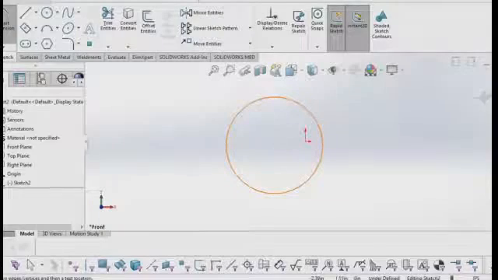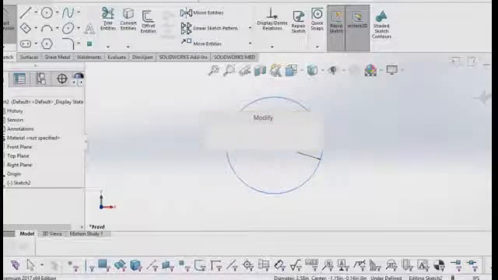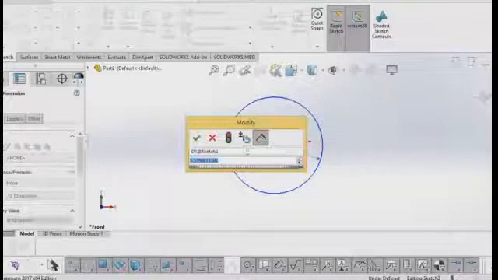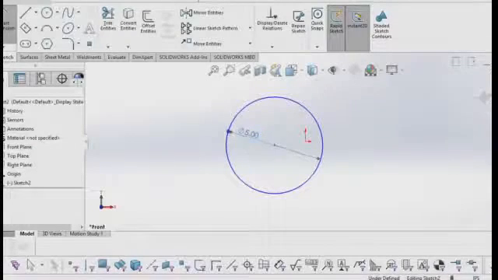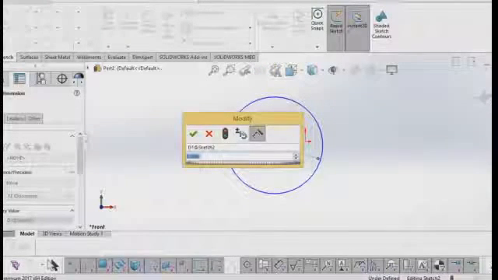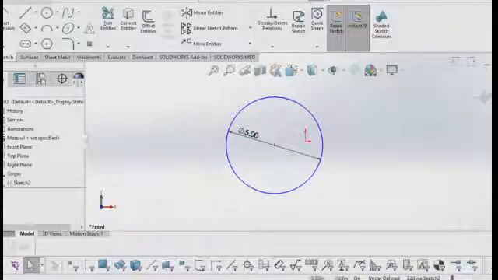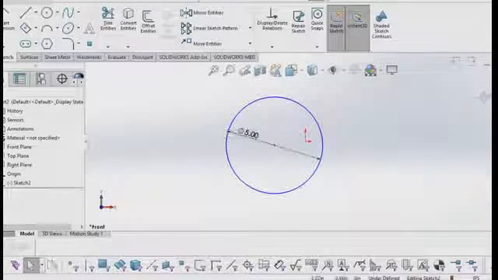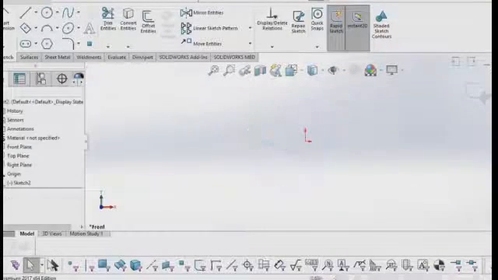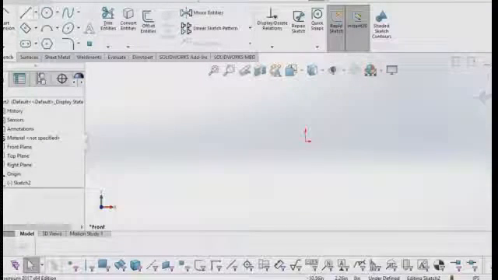You can modify the dimensions as per your requirement. Diameter is 5 inches. That 5 is with the symbol of diameter. You can change it whatever you want. If it is not 5, if it is 2, double click on that particular number and we can change that into the required one.